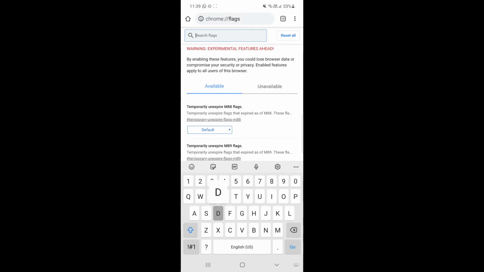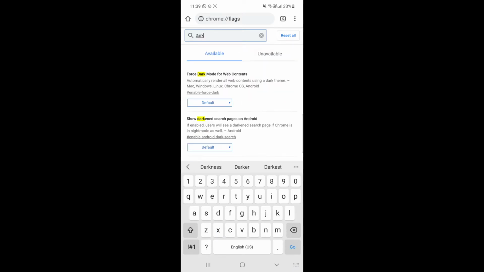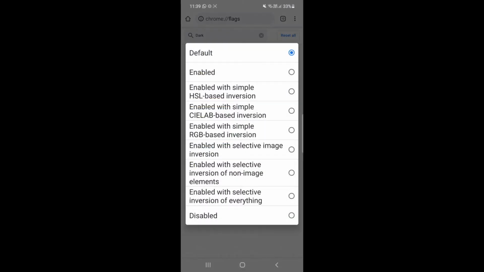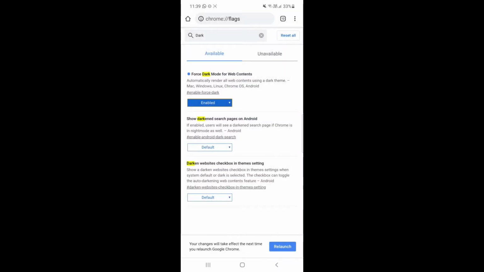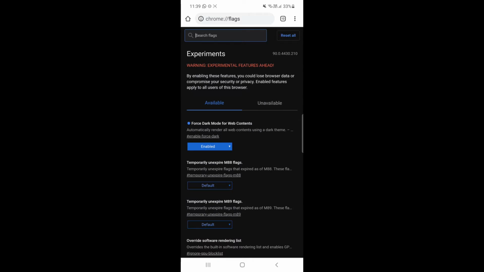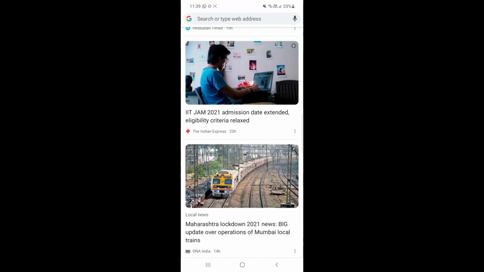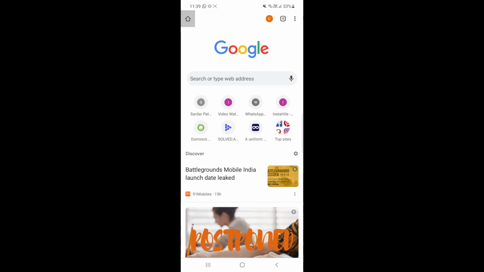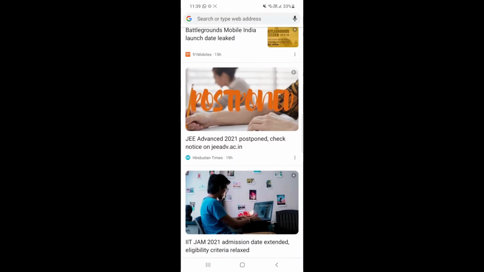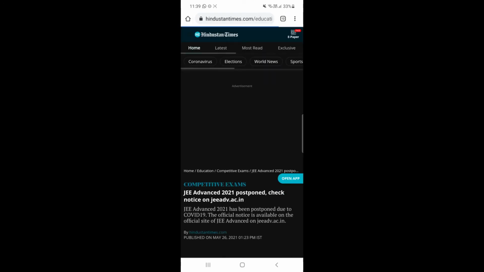Second mode, and most of you will be liking this mode, that is dark mode. Opening the Chrome flag browser and type dark mode, you can see that the dark mode option is given, and I have enabled it, and you have to relaunch the app, and you can see that the interface background was black. Let's check whether the interface background has become black or not by opening some of the news which is given in the home page.